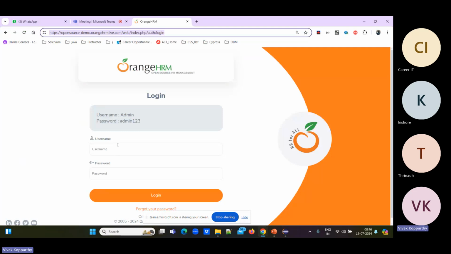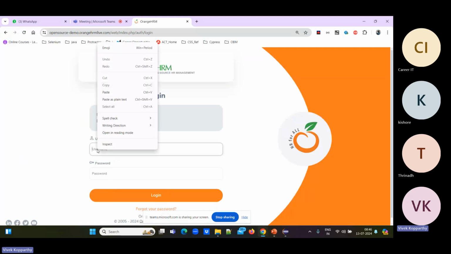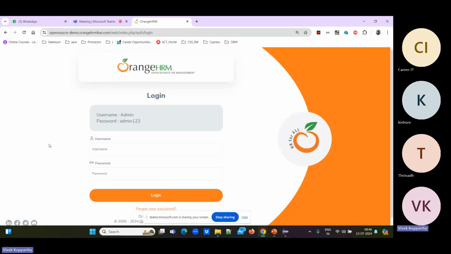So whenever we command Selenium, we need to pass two things: what work needs to be done and where it needs to be done. We need to identify the address of the field where Selenium should go first.